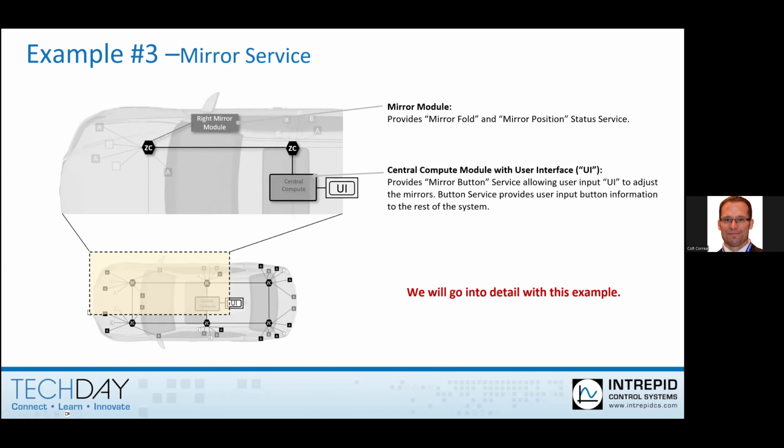And of course, we're just showing the location of the ECUs that are affected in this example. We could easily use the other mirror module and other mechanical things that happen in the car. But in our example, we just like to use this right mirror module because most people are familiar with that, and it's a very common way of controlling the mirror. This is loosely based off real-world examples of some SOME/IP applications that we've seen.